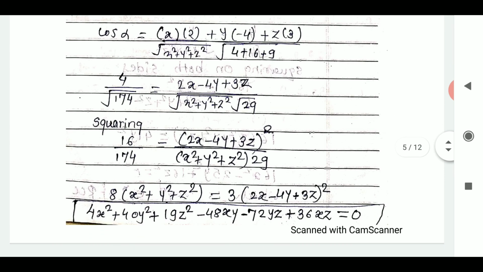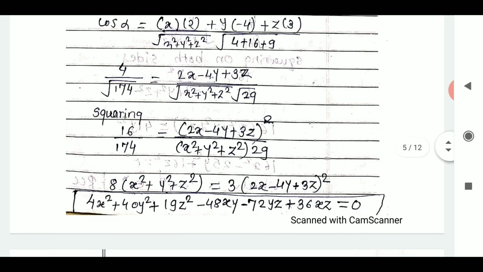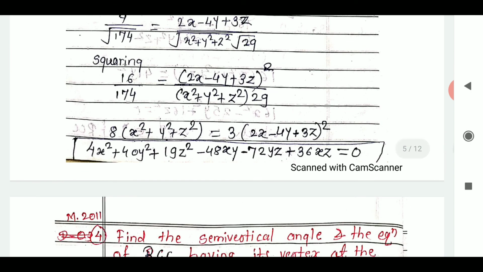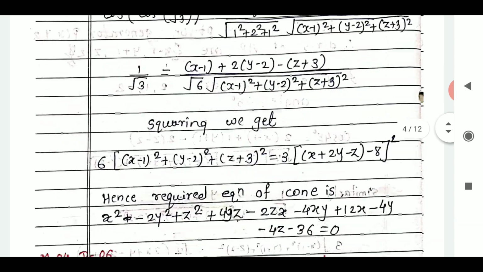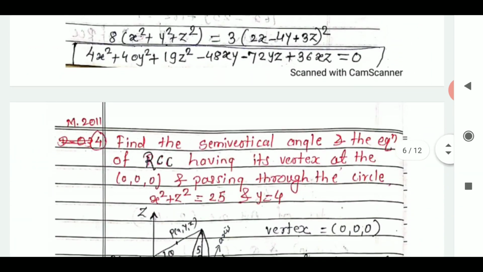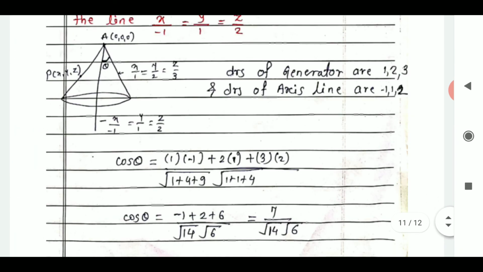We substitute the value of cos alpha as 4 upon root of 174 and simplify the RHS side. For simplification, we take squaring. If we square and write in equation form, then we get the equation of the right circular cone, and the given right circular cone